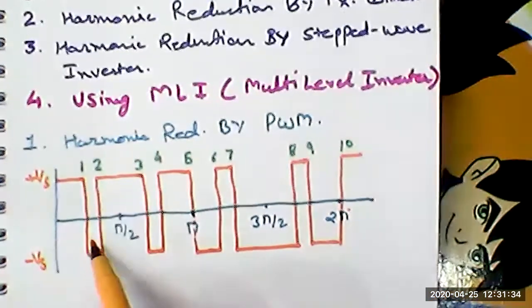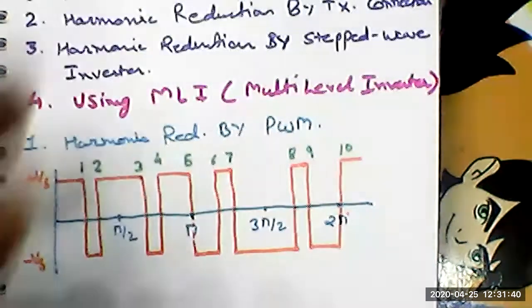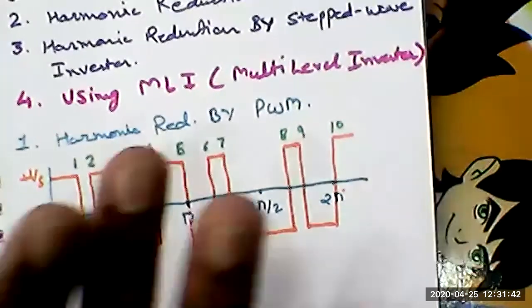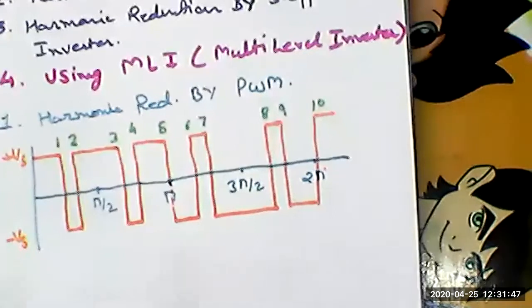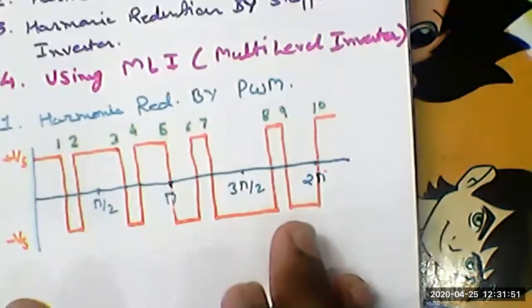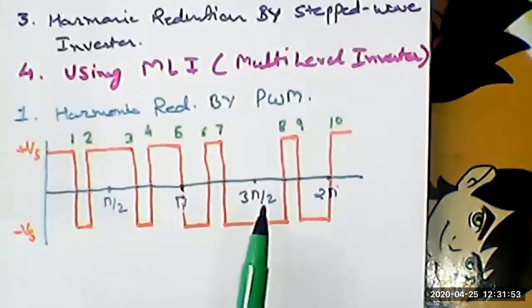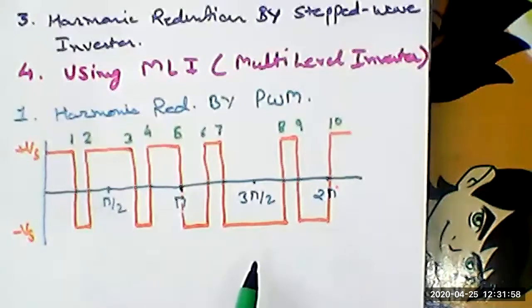So in one cycle, there are 10 times switching, right? At this cost, we will see this. Now you have to find out the output voltage for a complete cycle. It is very simple because this is periodic in nature. You can see the symmetry of these pulses.